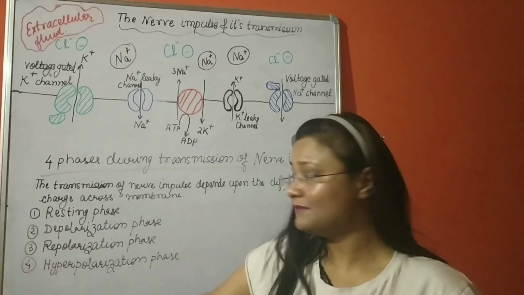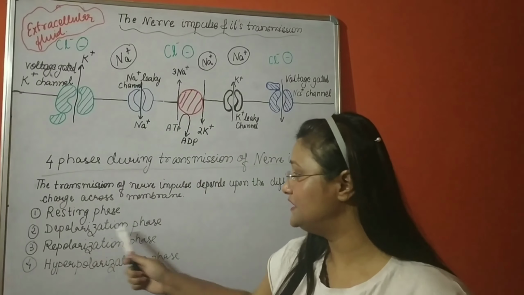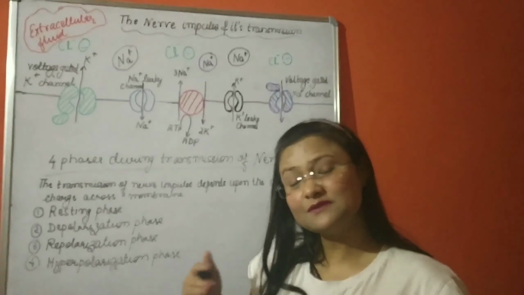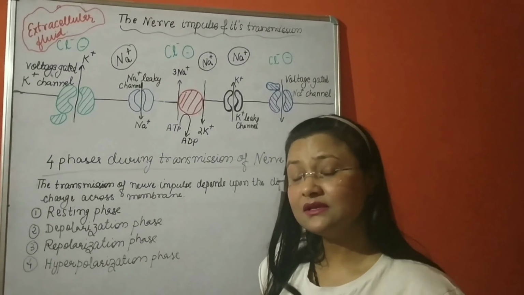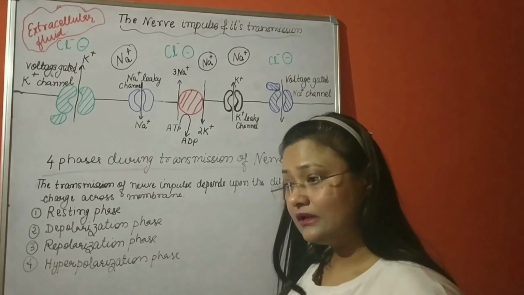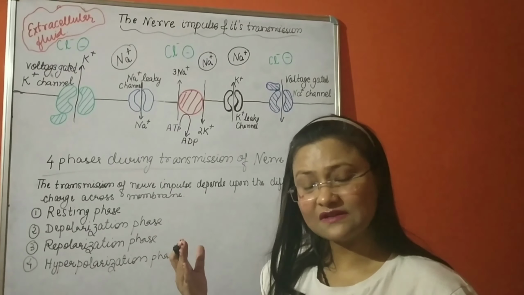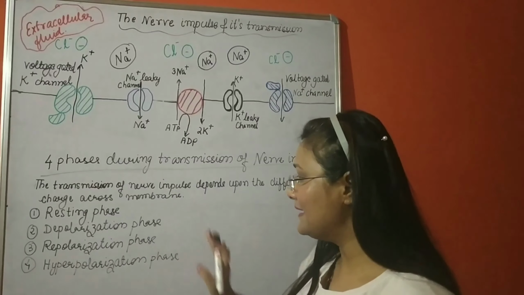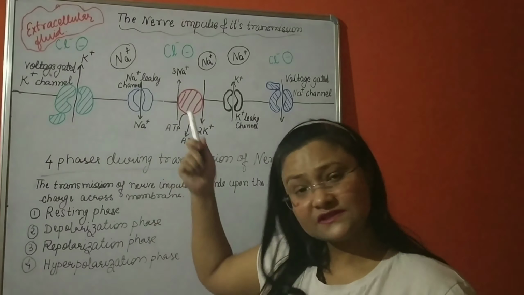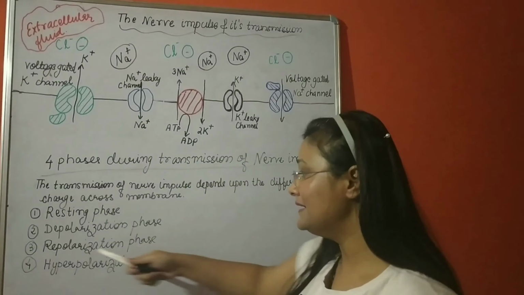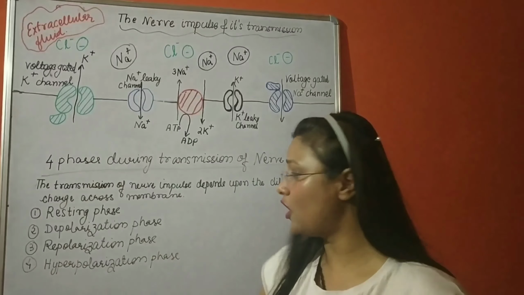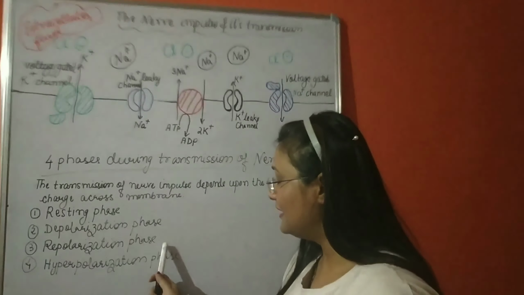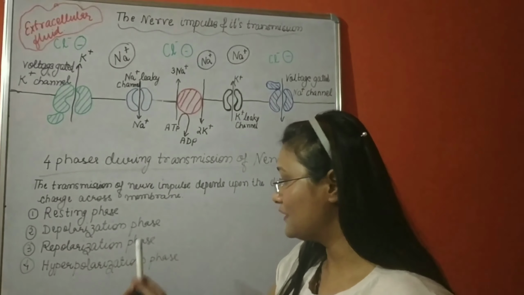As soon as the stimulus comes, the membrane becomes depolarized. Depolarization means the membrane becomes positively charged. Now once it has become positively charged, it needs to regain the previous position because the stimulus came and now there is no stimulus. So the stimulus causes the membrane to be depolarized, but once the stimulus is gone, it is time for the membrane to be repolarized. That particular phase is known as the repolarization phase.